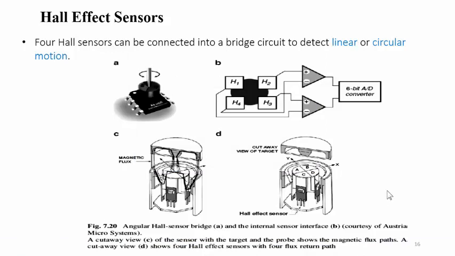Figure D shows the Hall effect sensor with 4 flux return paths, that is flux A, flux B, flux C and flux D, depending on the magnetic flux detected by this sensor or package. And these are the terminals from this sensor, that is the 4 Hall effect sensors, 1, 2, 3 and 4, that is H1, H2, H3 and H4, and depending